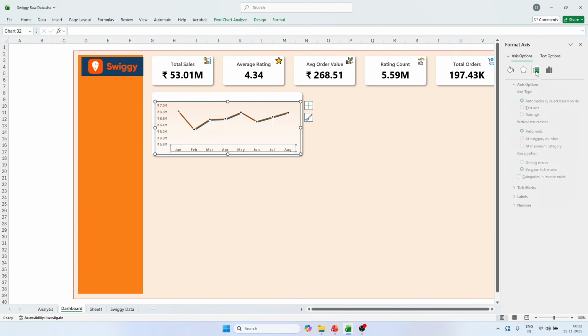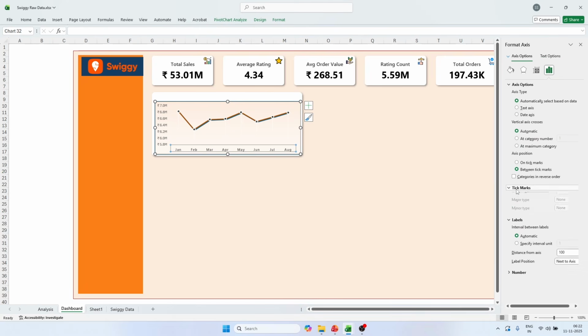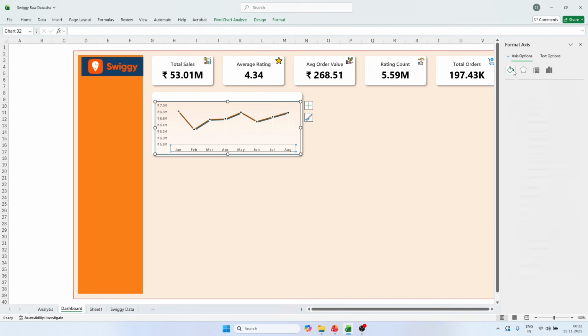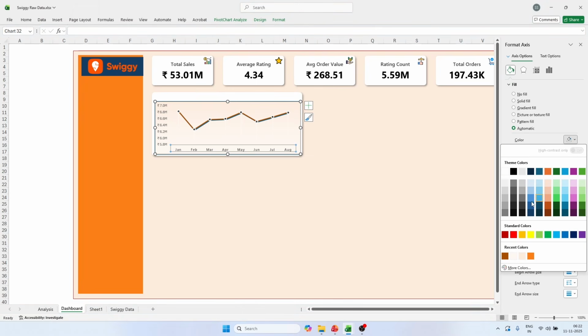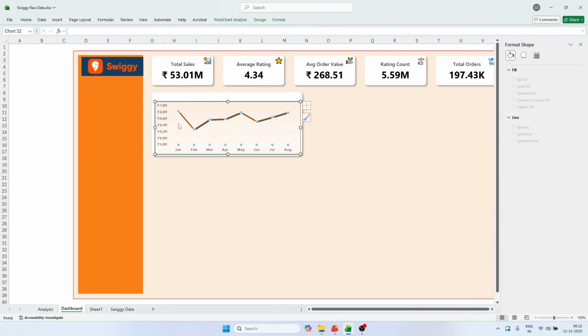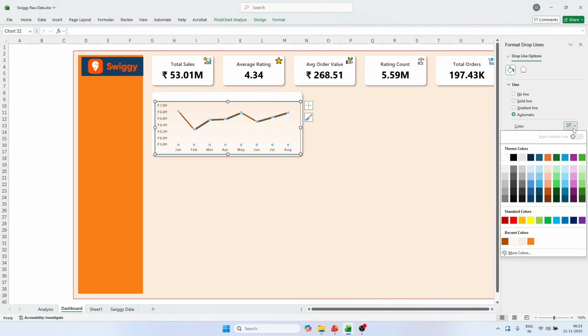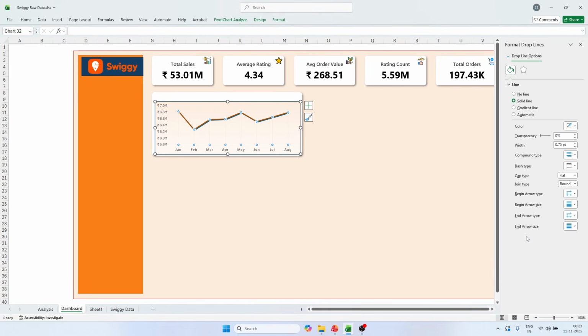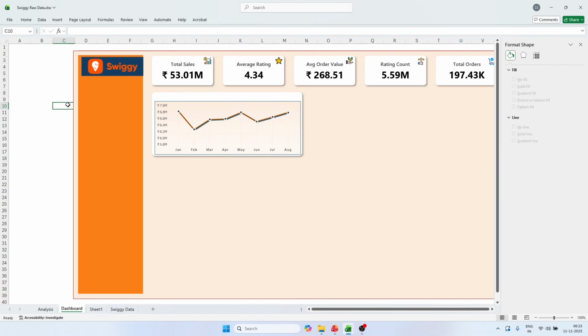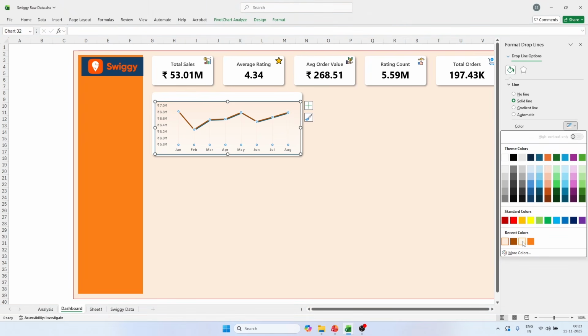So these lines also, if you see, text lines. Okay, and you can see label and tick marks are also available over here. So first I will go in axis options, and in tick marks I will make this as this color. Okay, and now go to drop lines, and in drop lines I will make the line as 0.75 itself, but the color for this I'll be using it as this color. Okay, or yeah, I mean this is fine, or we can increase the color. Okay, just use this,